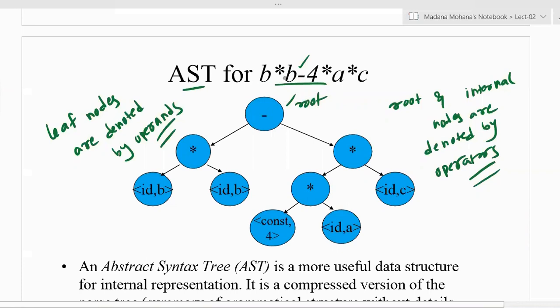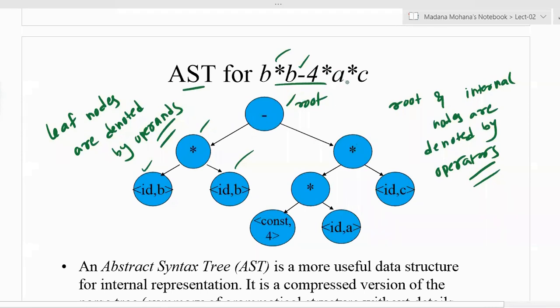B into B. So that operator is an internal node. Then the left operand is B, which is an identifier. Then the right operand of into is again identifier B. Then on the right hand side of the root minus, it contains 4 into A into C. So for 4 into A into C, again you can take any one multiplication as the root.